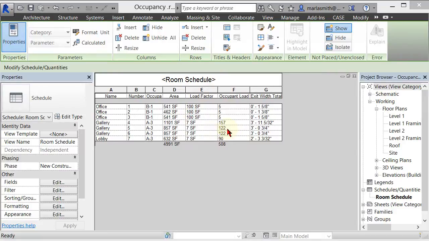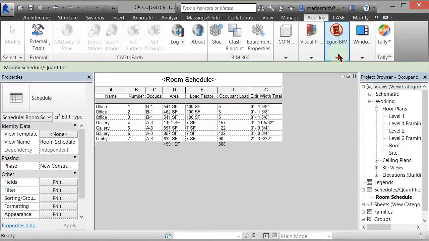So you have a couple of options if you want to add your occupant load to your room label or use it as a tag. You can download an Egan BIM app that does room area totals. This app is on the Autodesk app site, and it actually accesses the API and, with some programming, allows that additional functionality. There's a 30-day free trial,